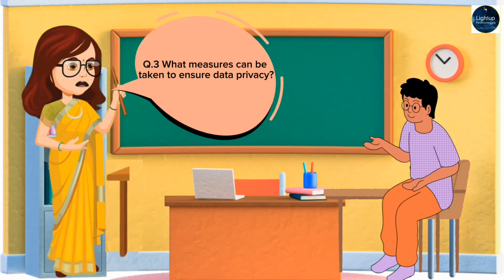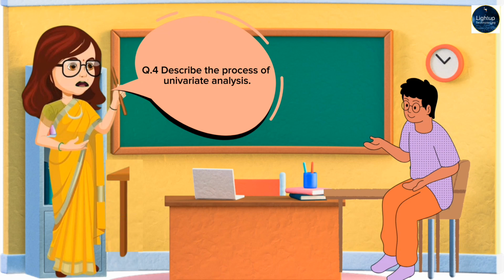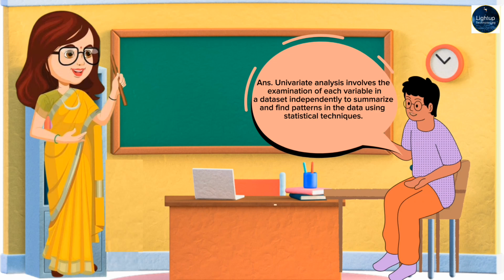What measures can be taken to ensure data privacy? Measures include enforcing strict access controls, using encryption, anonymizing sensitive data, and complying with data protection regulations like GDPR. Describe the process of univariate analysis. Univariate analysis involves the examination of each variable in a dataset independently to summarize and find patterns in the data